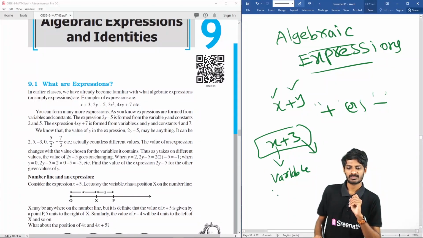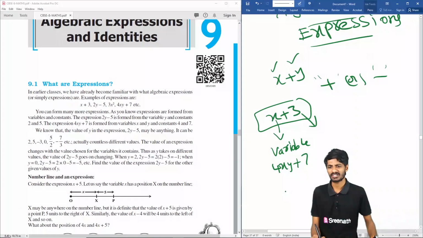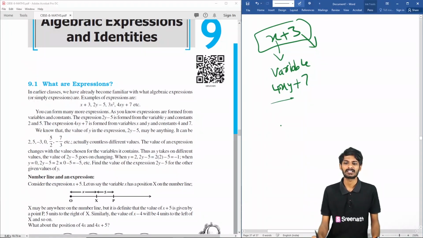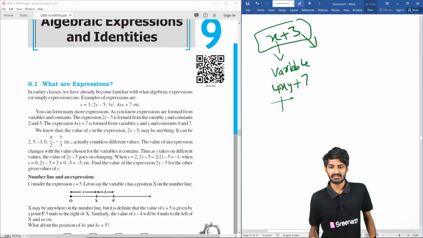And there is 4xy plus 7. It is also an expression. In this, 4xy is what? x is a variable, y is a variable. So it is an algebraic term and 7 is a numeric term. So like that we have algebraic terms and numeric terms, students. Okay,